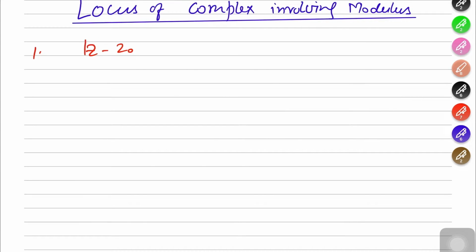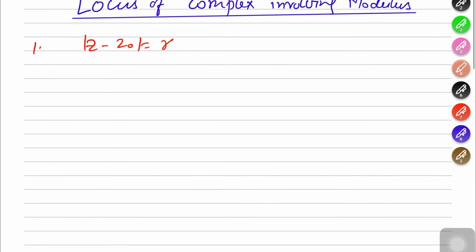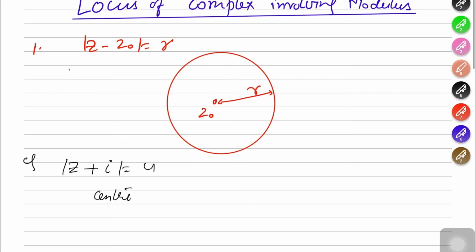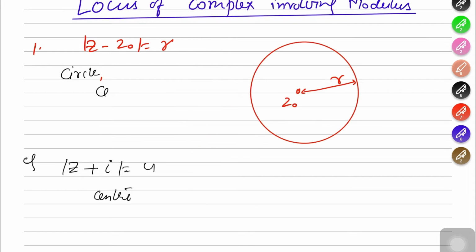|Z minus Z naught| is equal to R. So here it's clearly this represents a circle with center Z naught and radius R. This represents a circle with center Z naught and radius is equal to R. Okay,